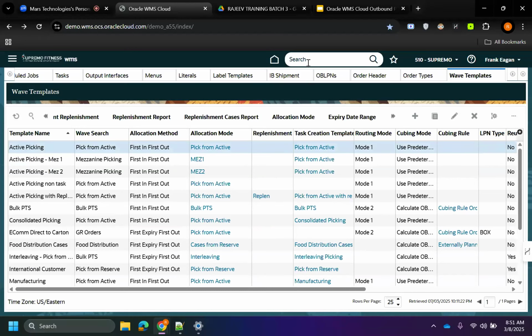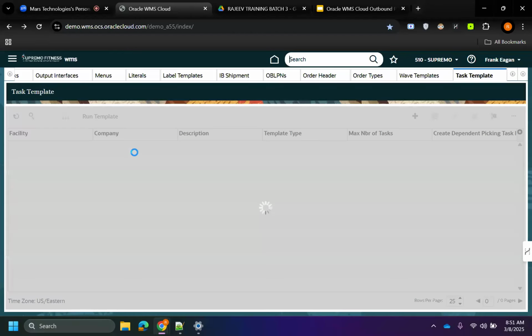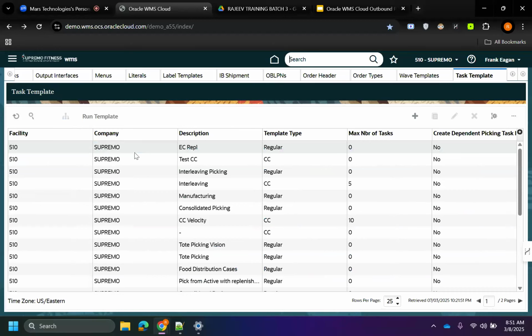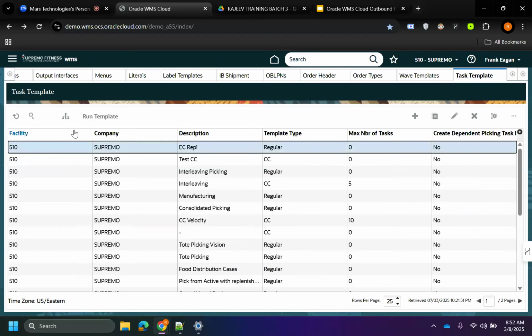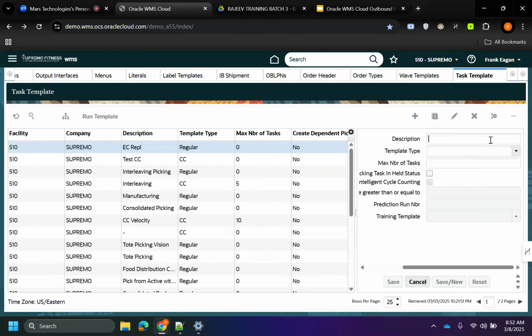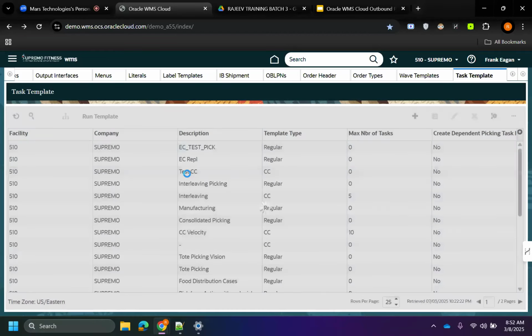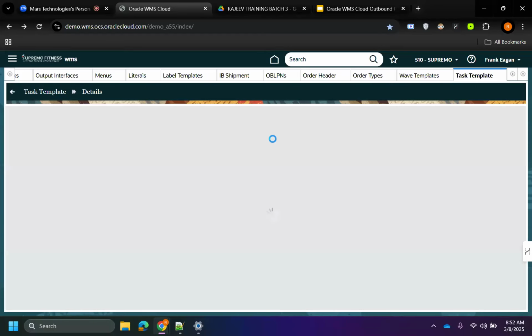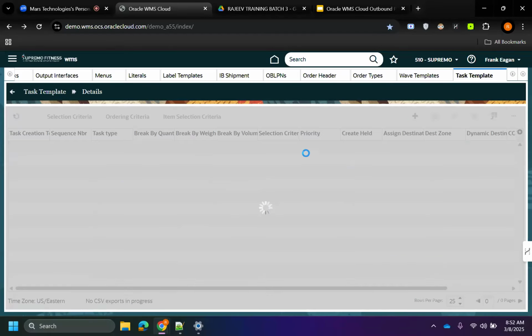We will create a task template. I'll create an EC test pick. It is a regular one. We are not doing cycle count and put away. It is picking, right? So in detail,